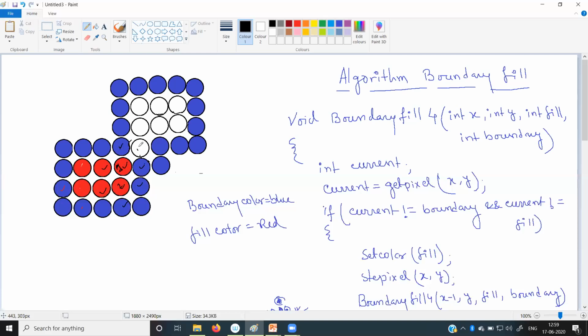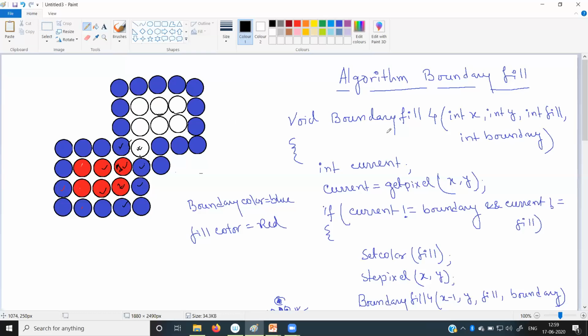So this pixel will not be called by anyone. If this pixel is called, then the remaining portion will be filled up. So this polygon has 2 parts, and the 2 parts are joined by this pixel only. So as this pixel is not called by any pixel, this will remain uncolored, and subsequently all the pixels will remain uncolored. Clear?